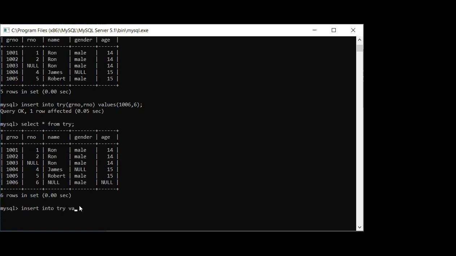Insert into try values 1007, 7, I'm giving name as null, then suppose any female is there, so I can write here female, and then age, I'm giving here 5.